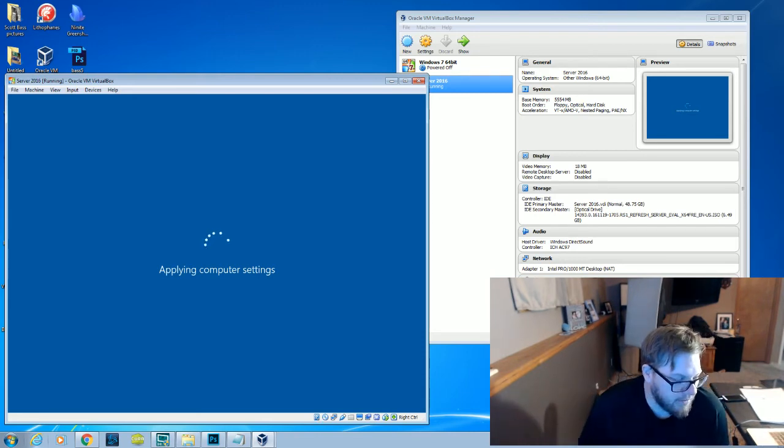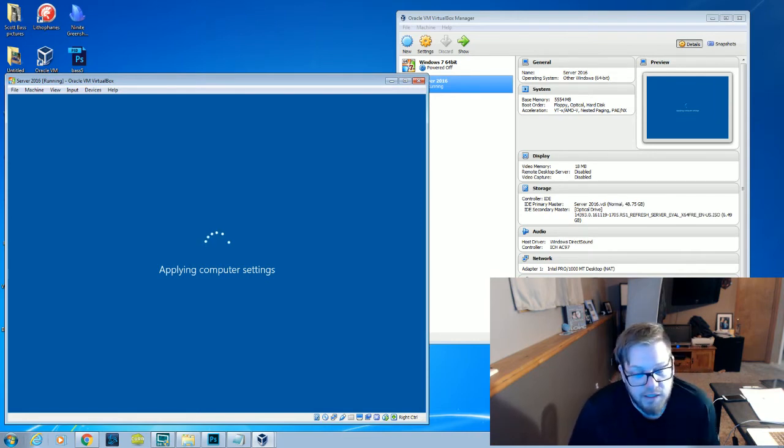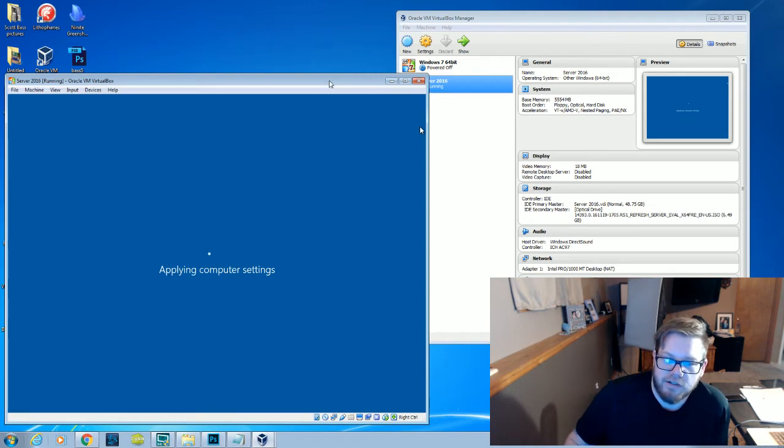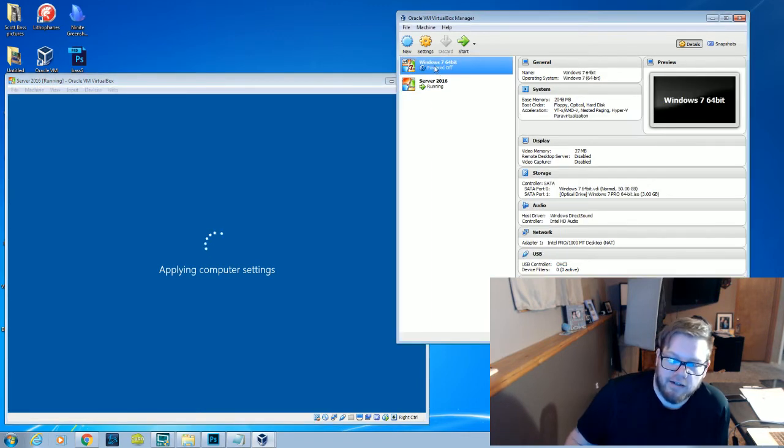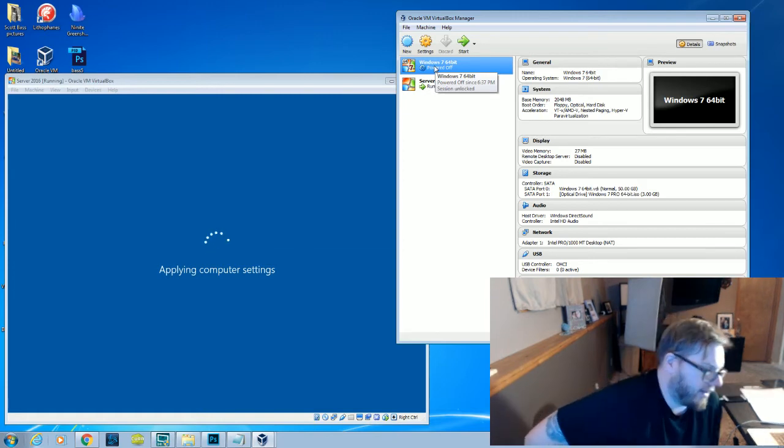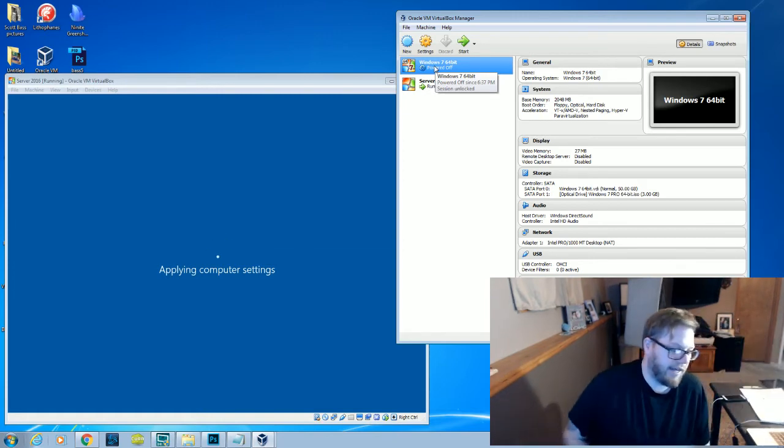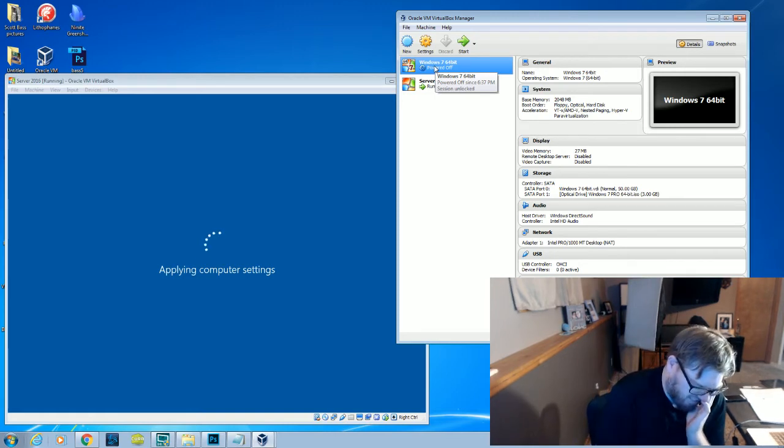No. So that's the thing about a domain. There was a piece in this that I should have explained, where I created a domain password, and you can't join the domain without having a domain password. As soon as this server gets back up, I'm going to see if I can get this Windows 7 64-bit OS up, and I'll try to join the domain on that and see what happens. It's been a while since I've done it. I don't know if I have to set up anything else. I don't think I do, but I might.